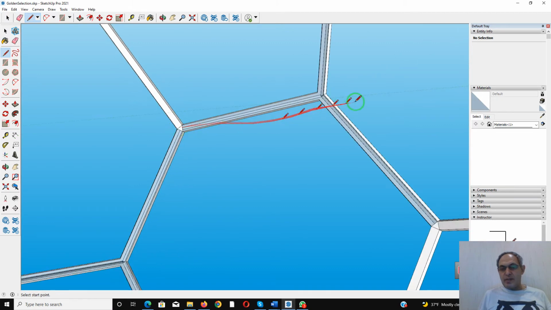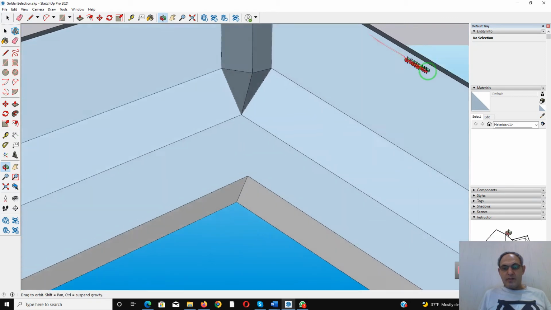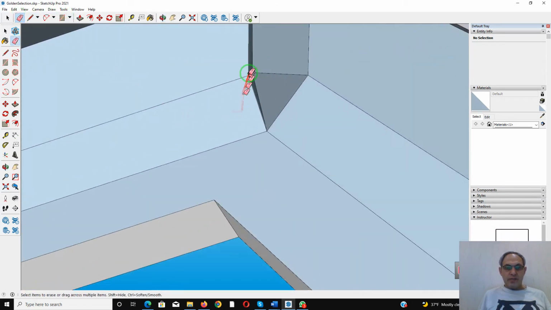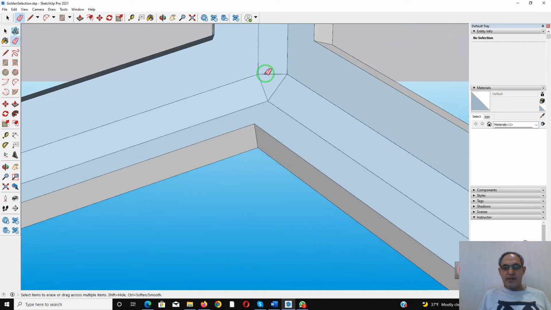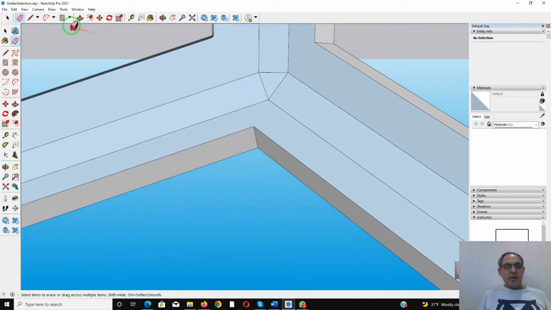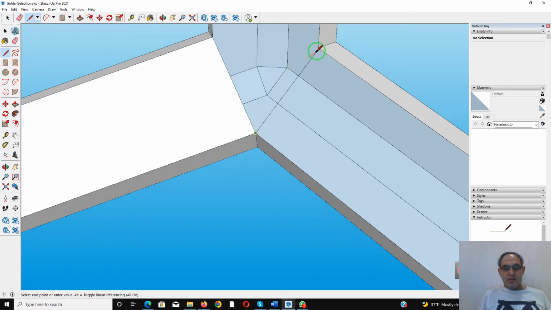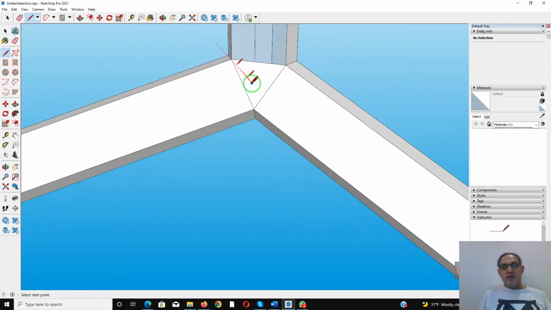It's also created. Now again I have unnecessary geometry here. I have to delete it as well. So I'm taking the eraser and clicking on the vertex here to delete everything altogether, and then I'm going to connect the vertices to each other using the line tool. Finally it will be a solid geometry. Okay,